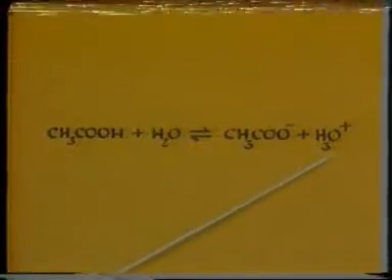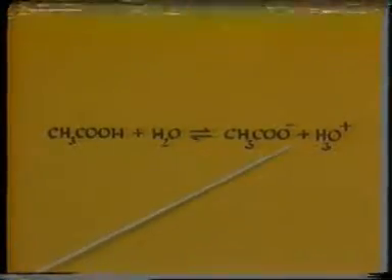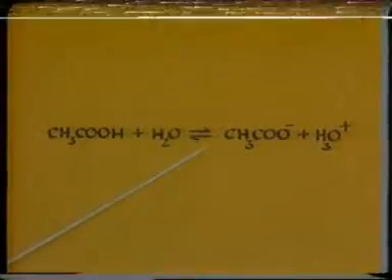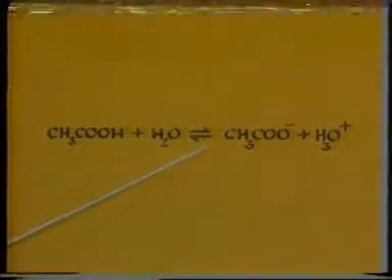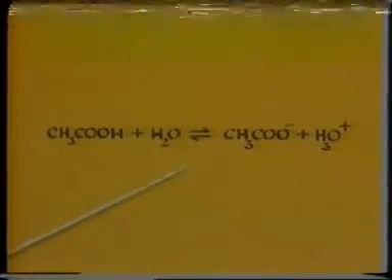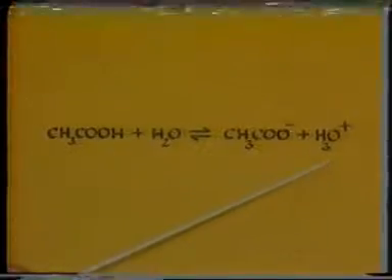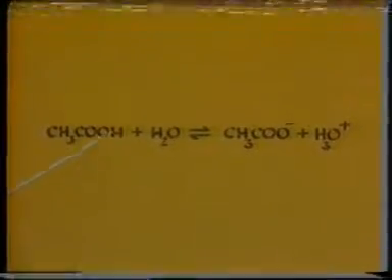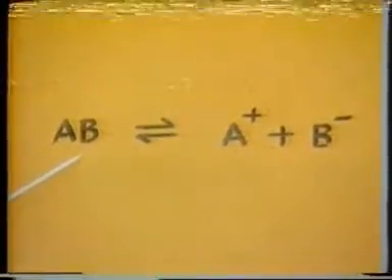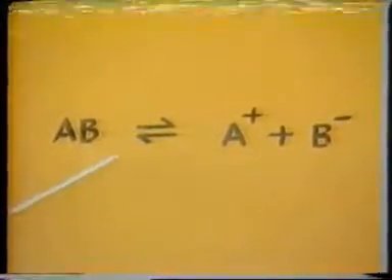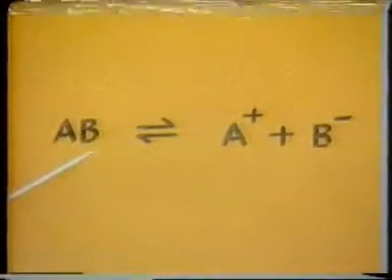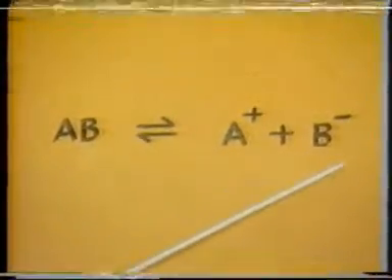How long will this dissociation take place? It will take place until an equilibrium is established, and this is called a dynamic equilibrium. And this equilibrium gives us an indication that when acetic acid is dissolved in water, we have in the solution dissociated particles and undissociated particles, and they are in equilibrium. For this, let us take a general electrolyte, that is AB. AB is the electrolyte which is dissociated in water, giving rise to A plus and B minus. There exists an equilibrium between undissociated particle AB and dissociated particles A plus and B minus.